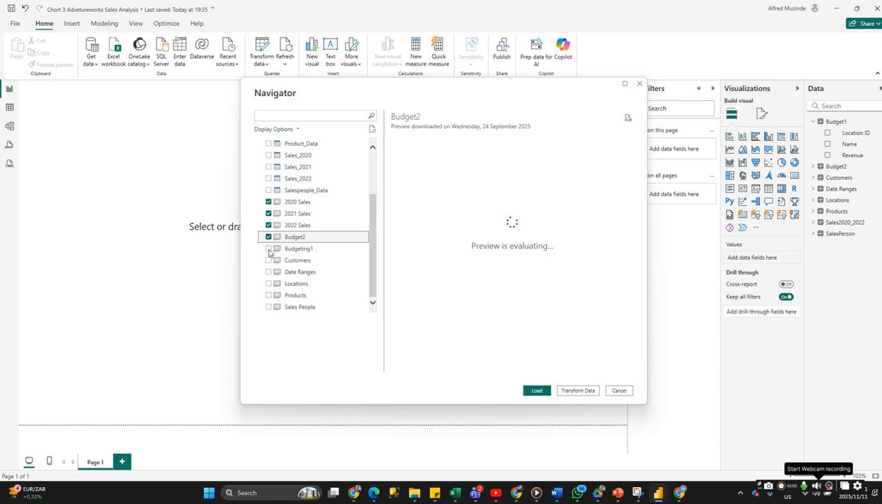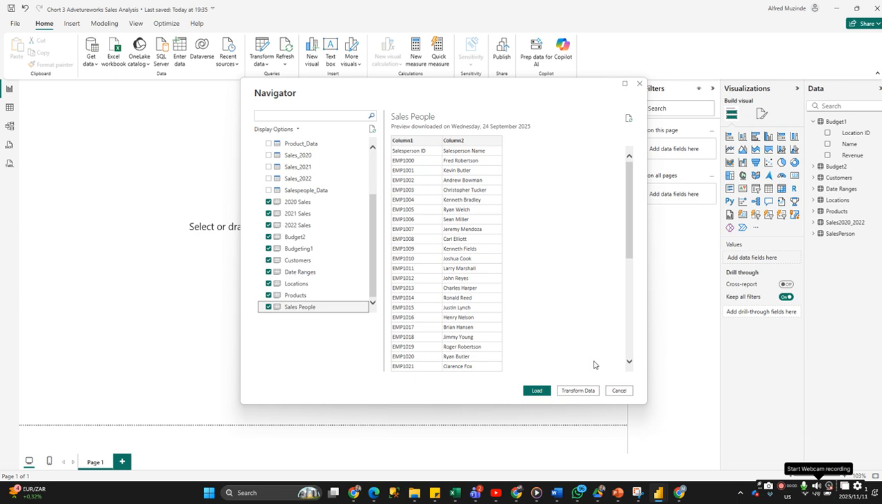Budget 2, budget 1, our customers, date ranges, location, products, and salespeople, right? And here there are two options. There is either the load data option or the transform data. We use load data when we just want to bypass the transform stage and load our data into Power BI. But for the sake of this session, we need to go through the transform data option